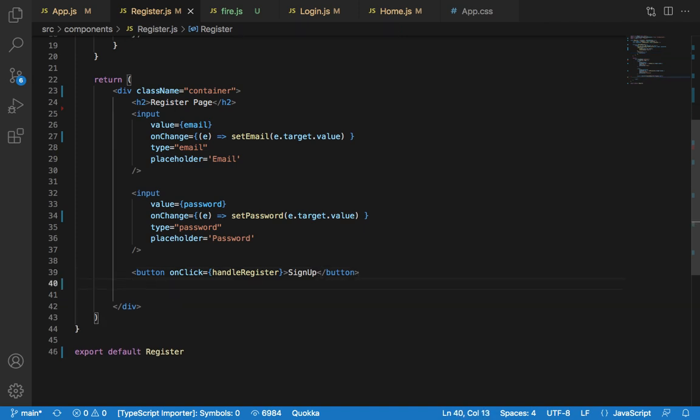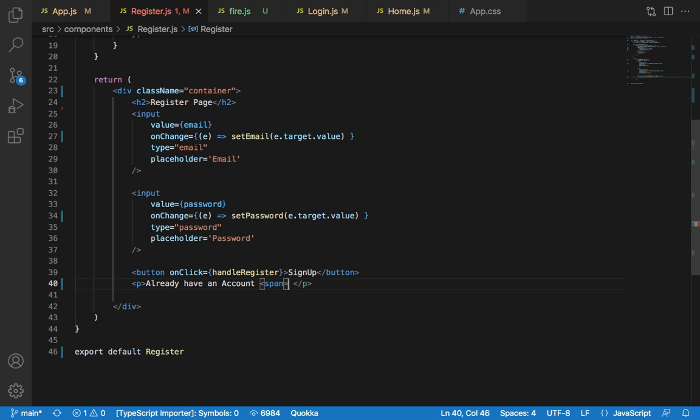We'll have a paragraph here. This is register, and say already have an account. So if you already have an account,